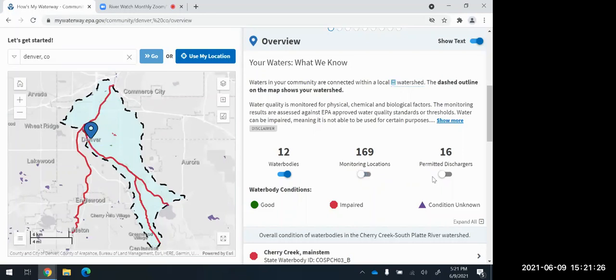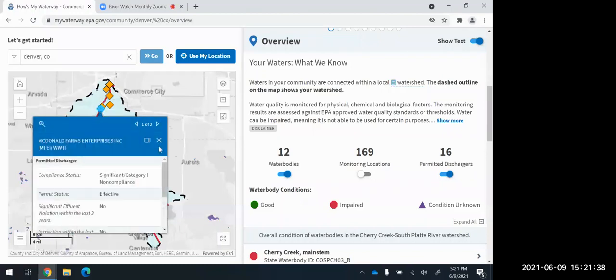So the next layer that we have featured is permitted discharges. If you turn that on, you're going to get all the facilities that have a permit to discharge directly into the water from our ECHO database, our enforcement and compliance database. And so it will tell you information about this facility,